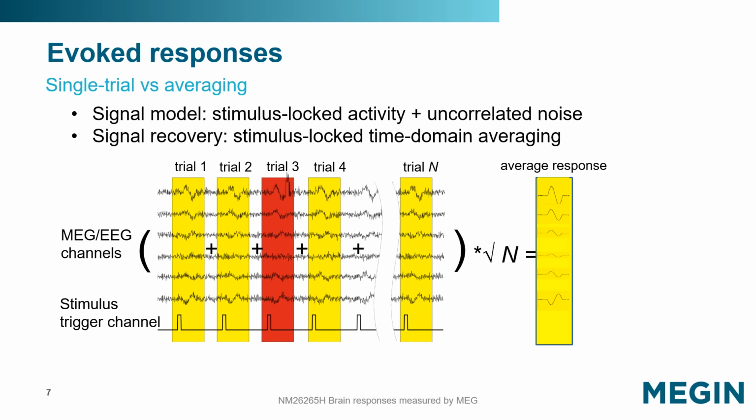This holds true providing that the noise in the data is temporally uncorrelated from trial to trial, meaning it is not time-locked to the stimulus. Therefore, the epochs should have stimulus-locked activity and uncorrelated noise to successfully recover the underlying response signal. It is recommended to have about 100 accepted trials per condition, with a realistic estimate of 15 to 20% of the trials contaminated by eye blinks or other types of artifact signals. One such rejected epoch is indicated by the red column in this example.